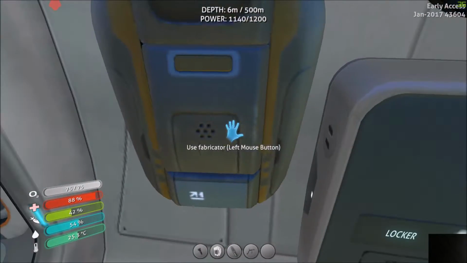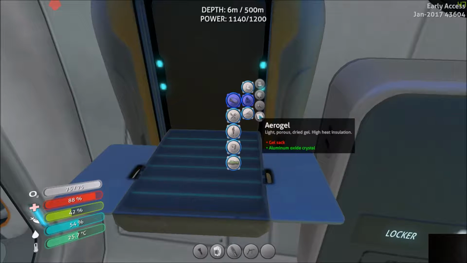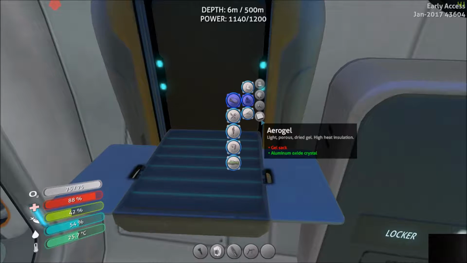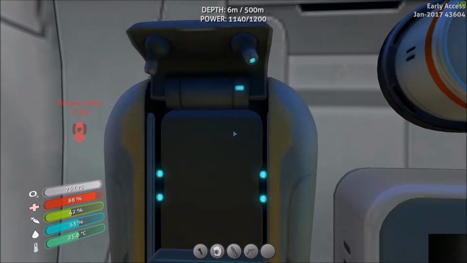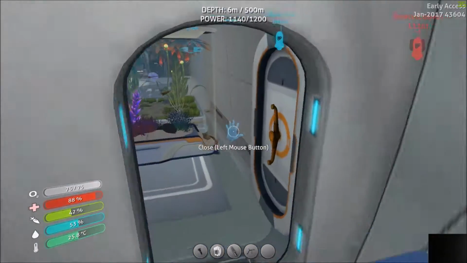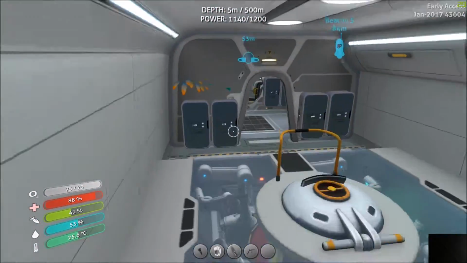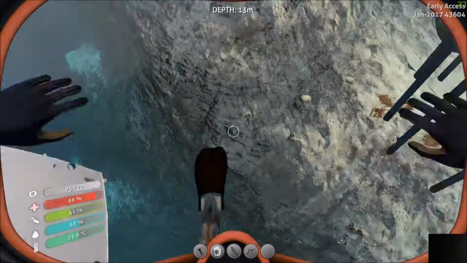Right, what I'm going to do is fabricate something that I need to make something else. Aerogel. Oh, I need a bit more in the way of gel sacks. Let's just see, I thought I had one of them. Gel sack spores. Right, okay. That explains a thing or two. Well, just as well I'm hanging around outside my base, because that means...